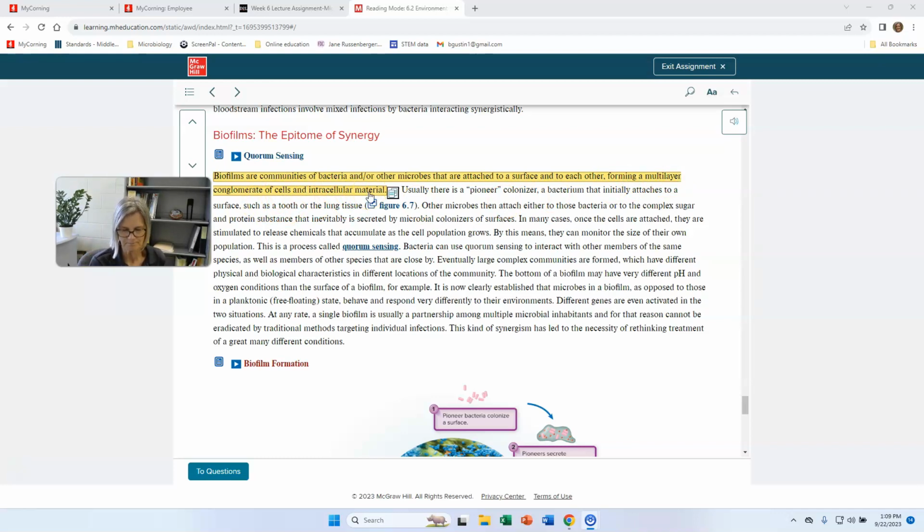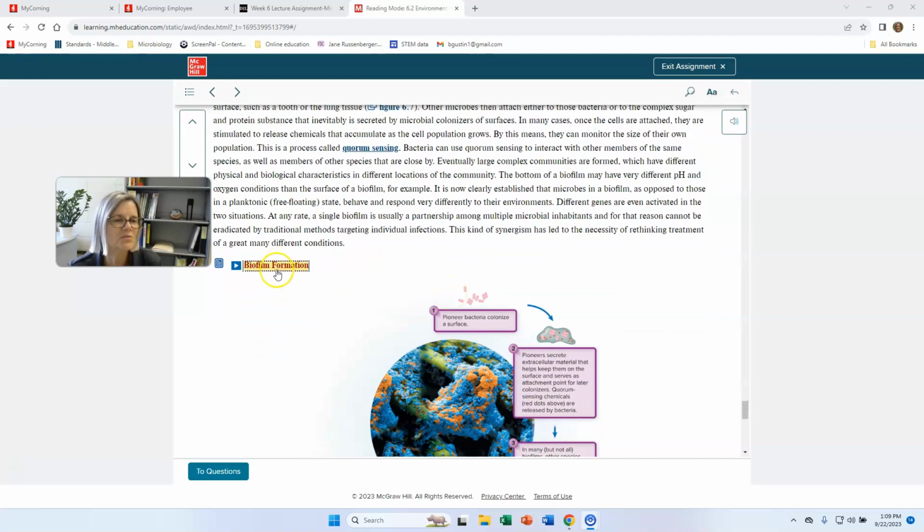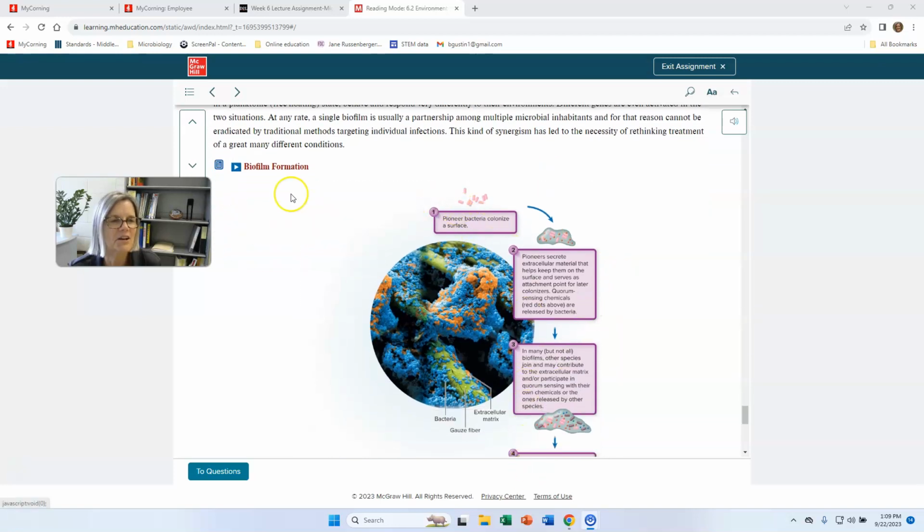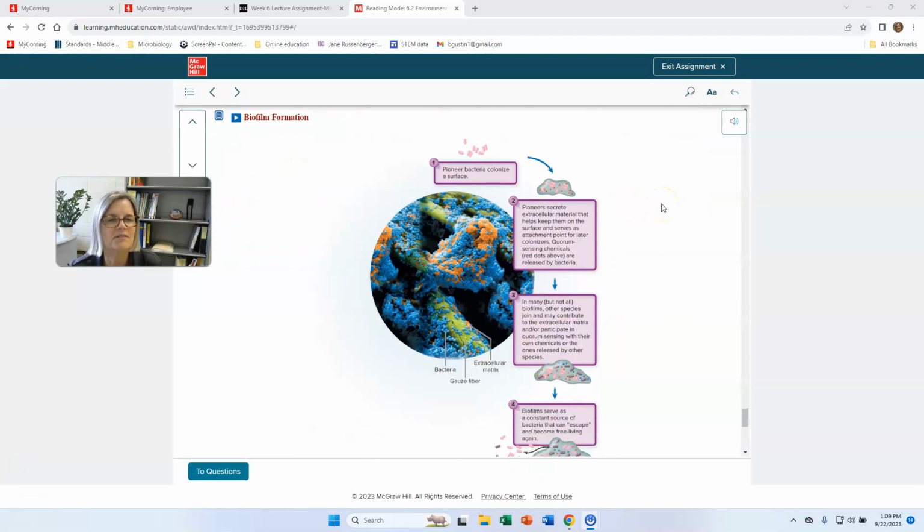That's all that slime. One of the surprising things is even in infections, like middle ear infections, instead of the bacteria floating around in fluid, they're actually attached with these slime layers to the surfaces of the middle ear. And biofilms are really important. We're going to talk about them again when we get to controlling infection and antibiotics. But this is a really good little video. You can watch that one. They have a similar one right here, but I kind of like the video. I thought it was a little better visual.